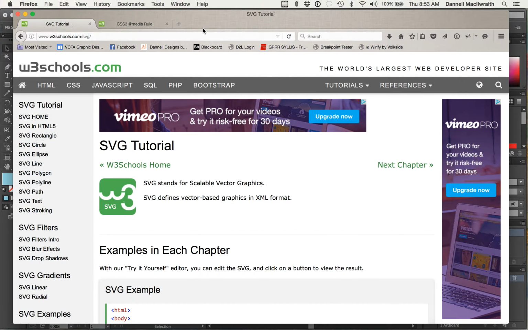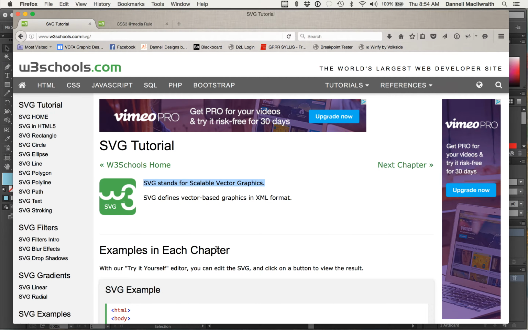So SVGs came around. They're amazing because they are scalable vector graphics, and that's the exact definition of what SVG stands for, meaning we can make them small or large, tiny or huge, and we're never going to have to worry about pixelization. And if you've seen anything on the web, especially as we have moved into Retina display, it's really difficult sometimes to have the most crisp, clean images that we really want for our web pages as well as our logos. So this SVG graphic is based on an XML format, and that's the language that it's